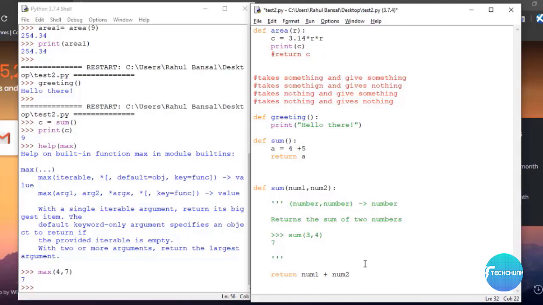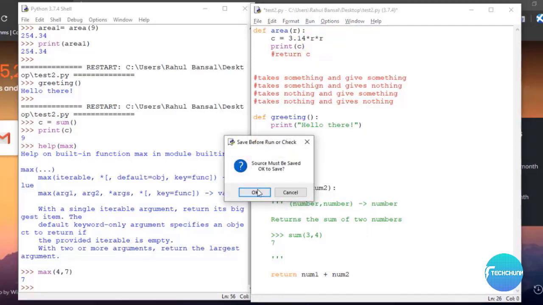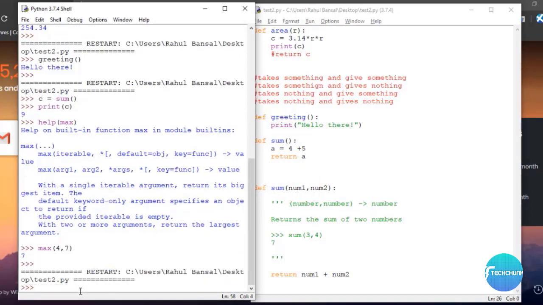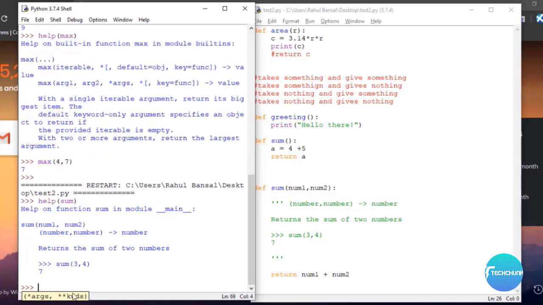Okay, now let's run this module. Now if I do help sum, it says help on function sum in module main, sum num1 num2 that are for the definition, and number, it takes two numbers as arguments and returns a number, and it says returns the sum of two numbers, and one example is also given.